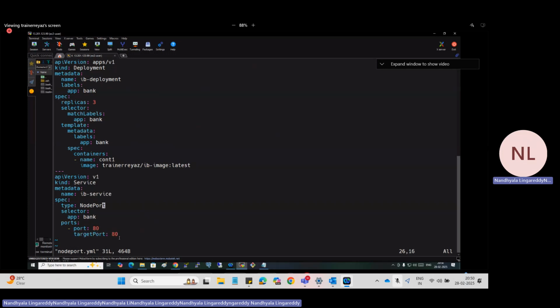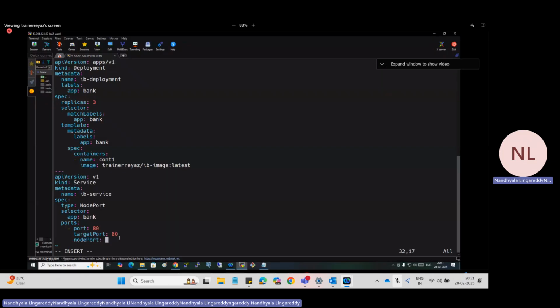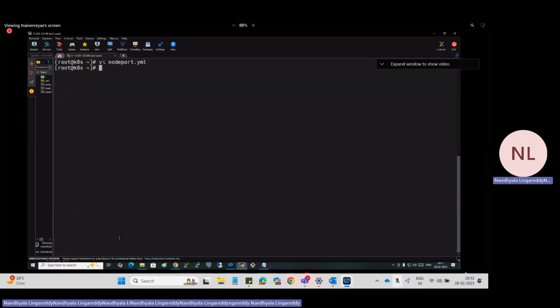So at the bottom, you need to give node port and then whichever number you want, for example 31433. You can give any port number, but it should be between 30,000 and 32,000. If you put that port number, that is a static one you can be using. So I showed you two things here: without port number, and with port number. Clear? Node port concept?